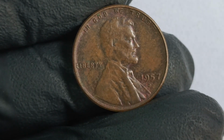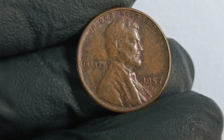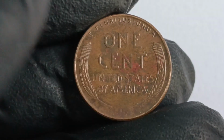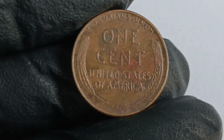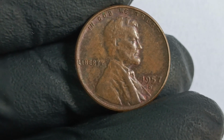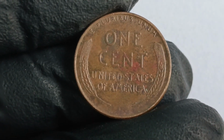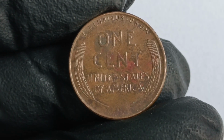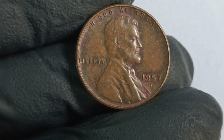Another intriguing aspect of the 1957D penny story is its role as one of the final issues of the wheat design, making it a nostalgic favorite among collectors. The wheat reverse, with its simple and elegant depiction of two wheat stalks framing the denomination 1 cent, represents an era of American craftsmanship and design that has long passed, and coins from its final years evoke deep historical and emotional value. As such, high-grade 1957D wheat pennies, even without dramatic errors, can be valuable in their own right, especially